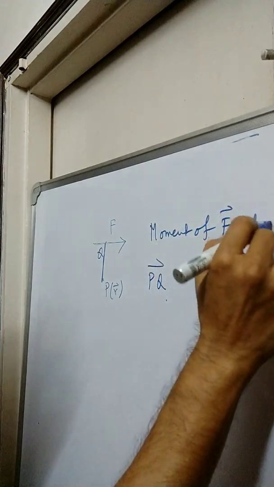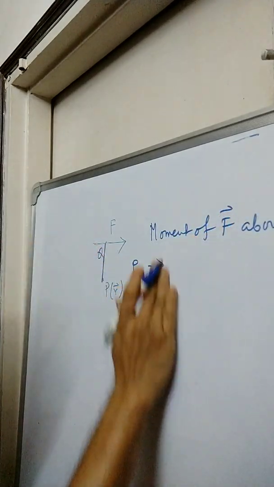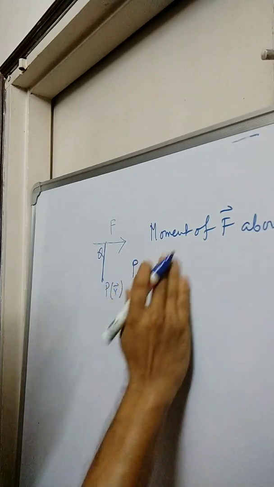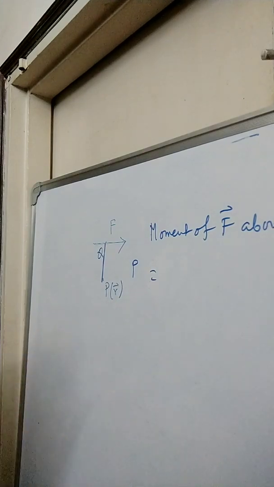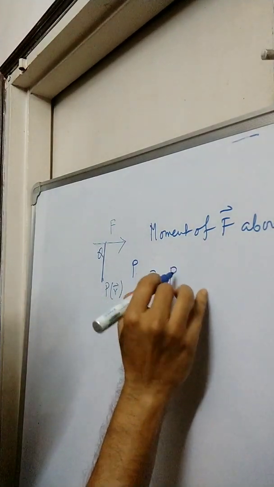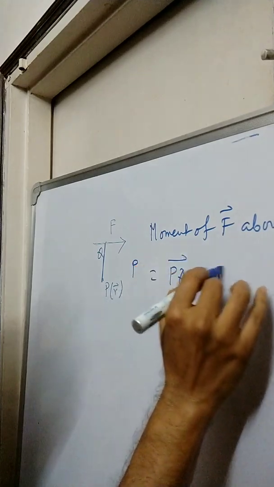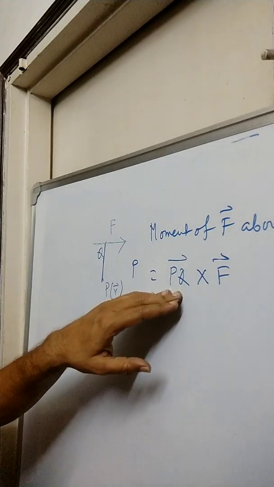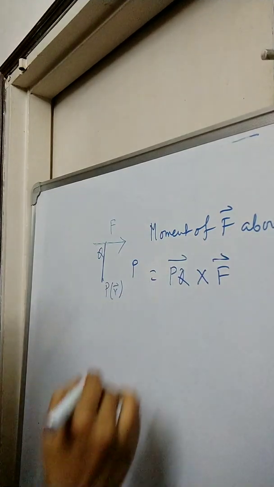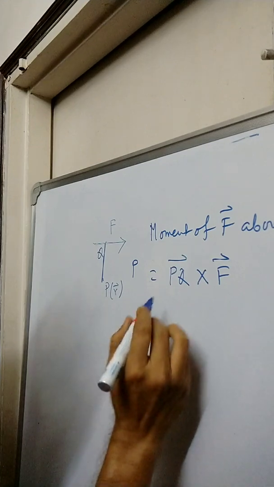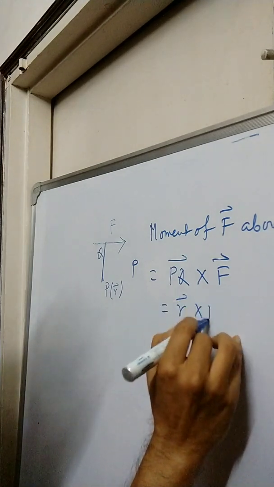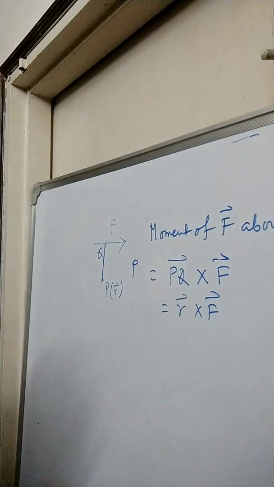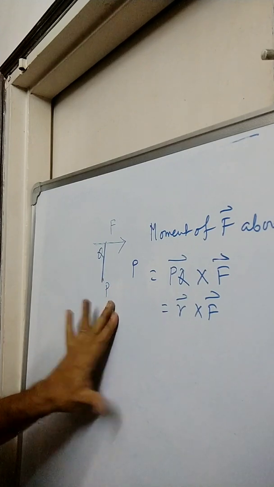and whenever we find the vector PQ, the moment of F about P will turn out to be R cross, sorry, R is written as the position vector of P. So, we should not write R, we should write PQ cross F. This is called the arm of the moment, and if we represent this as R, then this is called R cross F. This R and this R is not the same, do not confuse. I should not write R here. Let us put R prime,